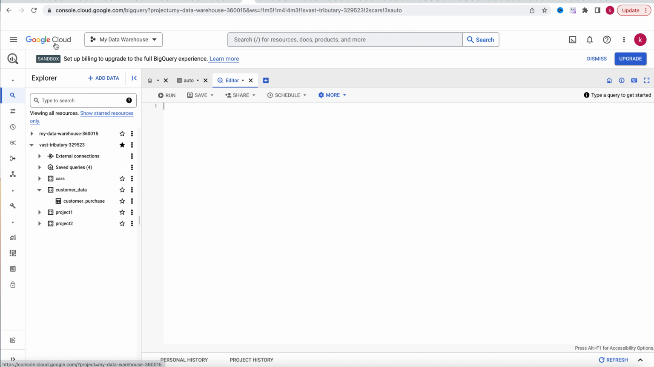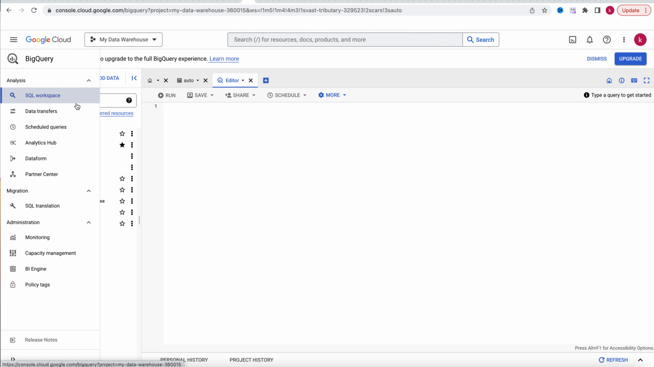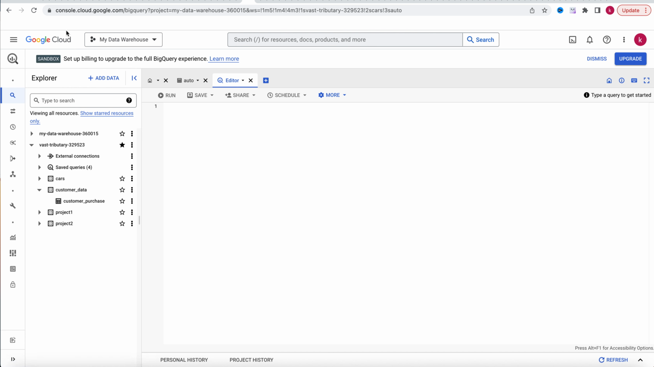So right here we are on Google Cloud, and this is my database here. I have different databases here, the data content and all of that. I'm using the SQL workspace, BigQuery. Now what I'm going to use is this table right here. We talk about customer purchase, which is inside